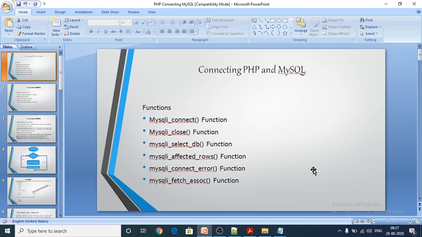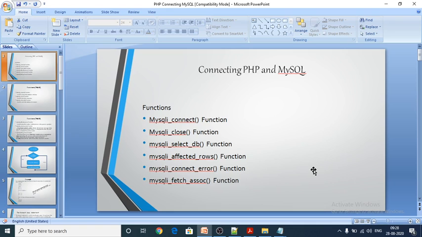In the PHP scripting language, many functions are available for a MySQL database to create a connection and to feed data into the database from PHP itself. I'll give you an example for feeding the data.